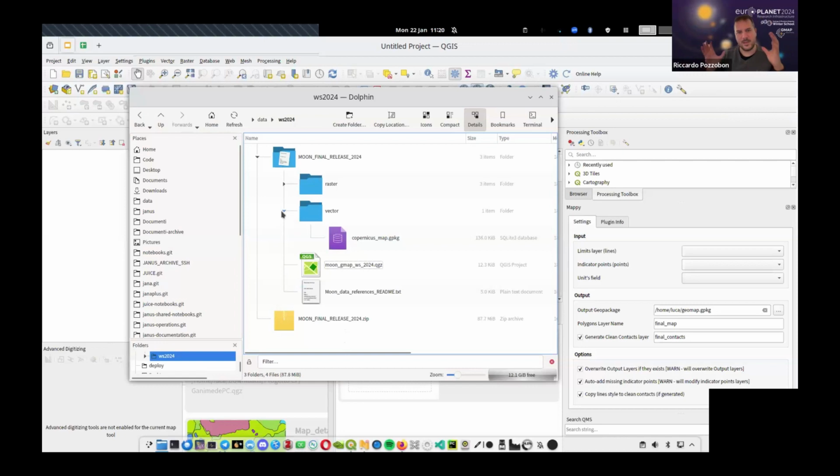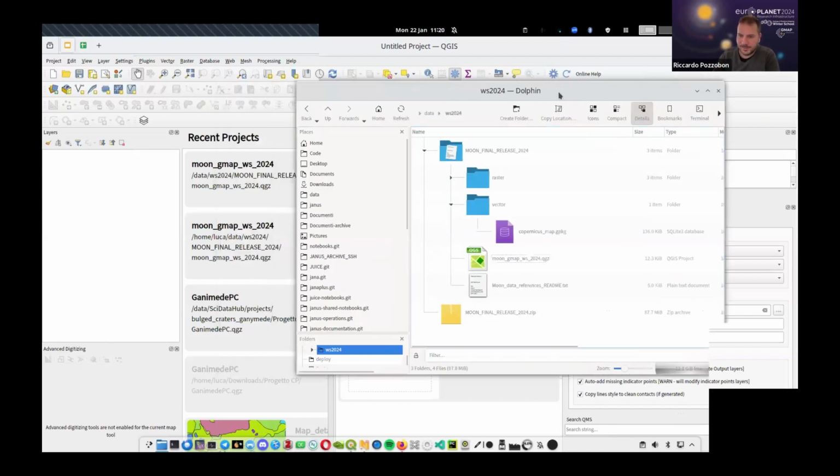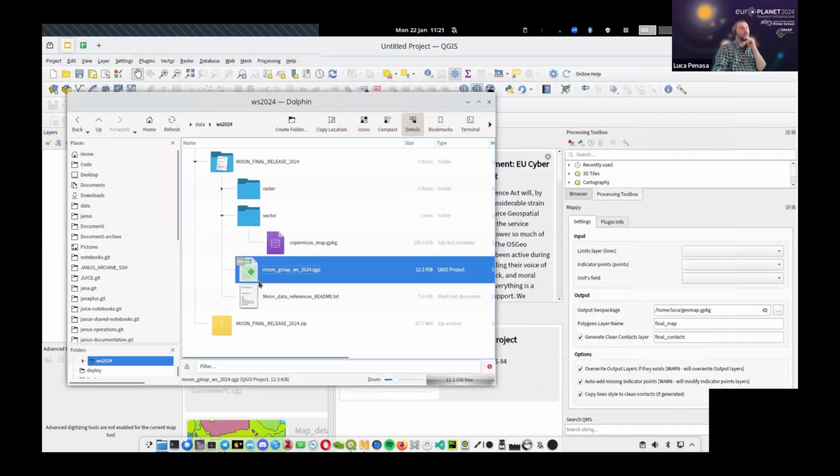And if they stay contained within the same, let's say, parent folder, everything should remain consistent throughout every type of moving or sharing or rearranging. Of course, anyone can have a different way of organizing the work, but this is a good way to share and move stuff around. Indeed, the issue is that you see here the project file is a very small file,